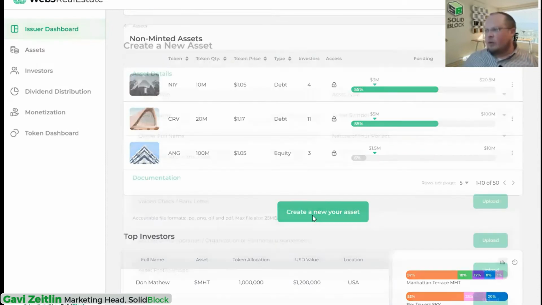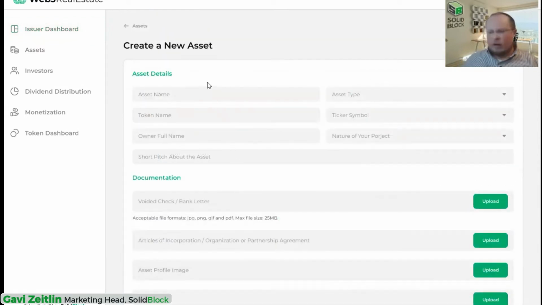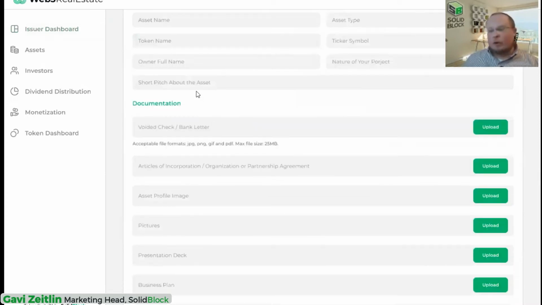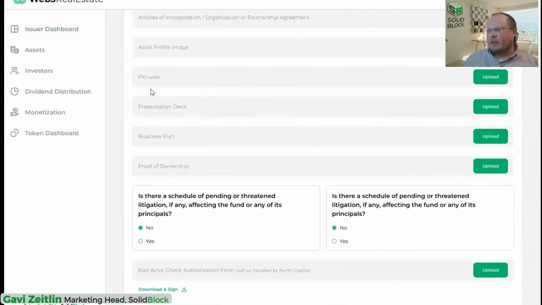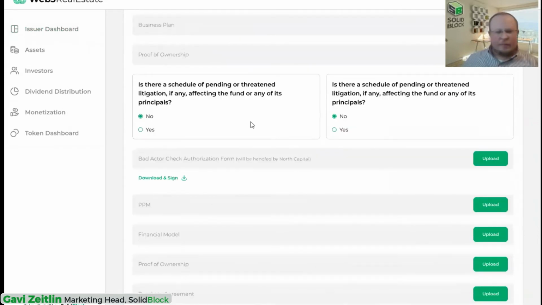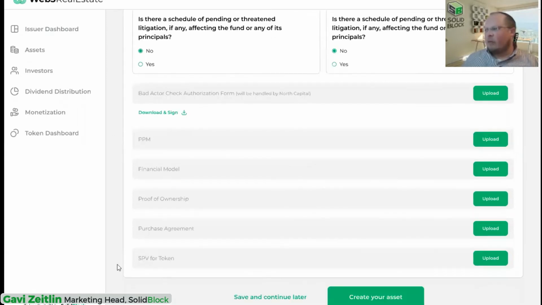We also have this great little wizard to upload and create a new asset on the account, which really just walks you through everything you need to upload a new asset to the platform: all the documentation, information, pictures, whatnot. We now have the ability for you to create your own offering page and edit it as needed, so you have full control of your marketing now. And this is active today, and I'll give you an offer at the end of this for anyone who's interested in getting an account right now for free on TokenSuite. But this is a way to walk you through exactly how to do that and create your own asset.